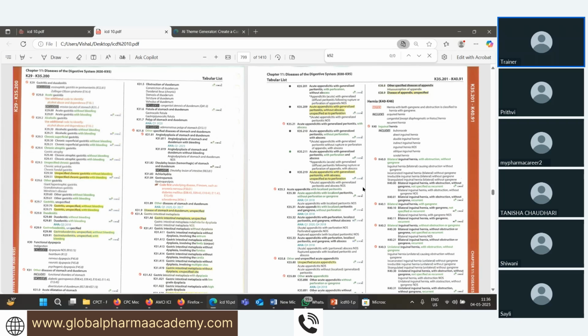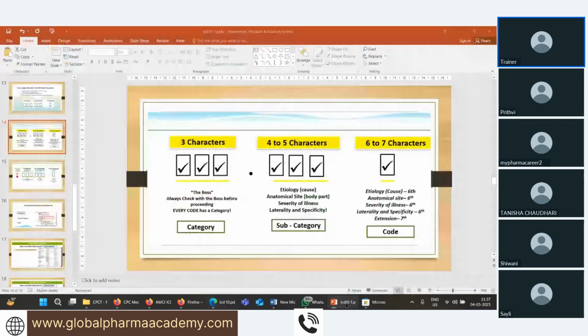सो ऐसे कोड हैं जो सीरीज के भी होते हैं, 3 कैरेक्टर के भी होते हैं, 4 कैरेक्टर के भी होते हैं, 5, 6, 7 कैरेक्टर के भी होते हैं, पर 7 के आगे एक भी कैरेक्टर का ICD का कोड नहीं होता। ओके, take this in point, make a point. सो इसमें जो स्ट्रक्चर है वो कैसे arrange किया है वो अभी हम सीखेंगे।